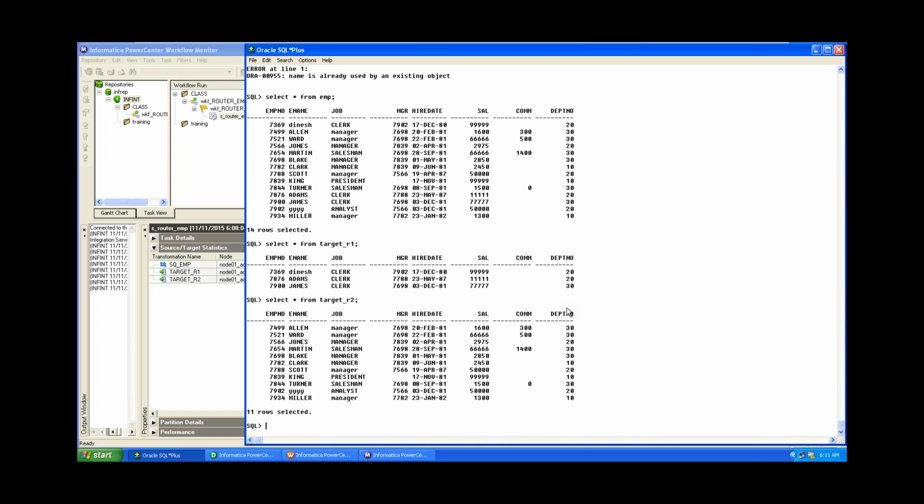This one is clear, right? Okay, if both of you are clear with this router, I will jump into another transformation. Okay, good. Now